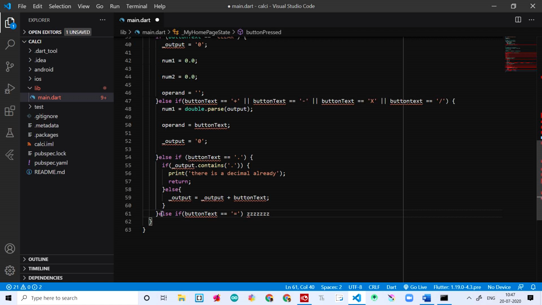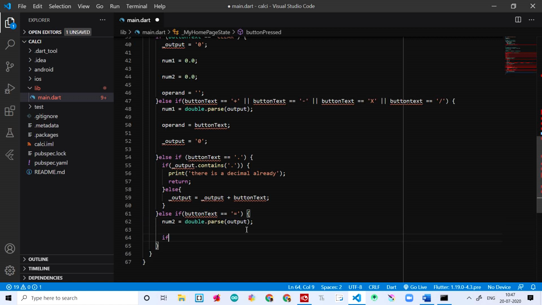And if it's that, then num2 is equal to the double dot parse and then the output. And I'm ending up this line,